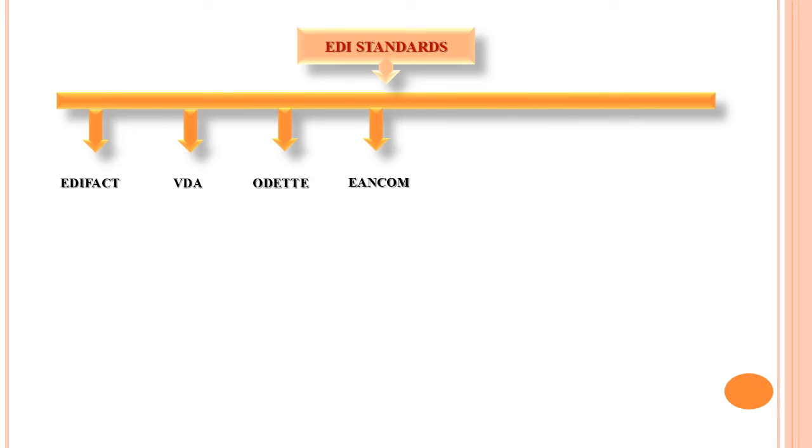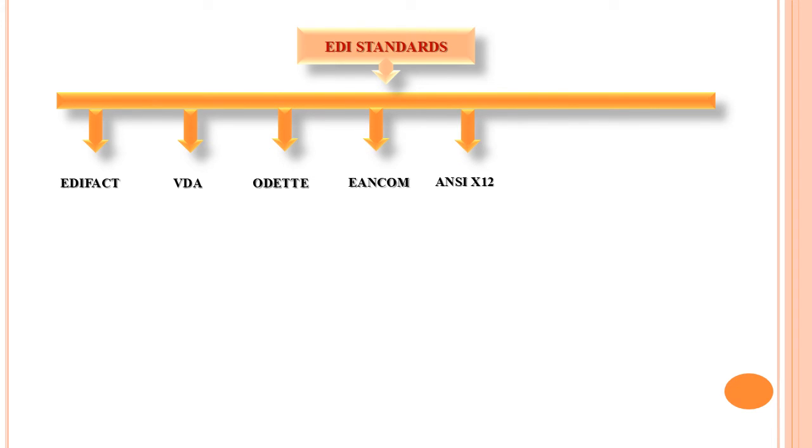Next is ANCOM. This standard was originally conceived in 1987 by a General Assembly and was redeveloped into the then emerging international UN standard. ANCOM was originally developed for the retail sector and subsequently grew to become the most widely used UN standard. This is now found in a variety of other industry sectors such as healthcare, construction and publishing.